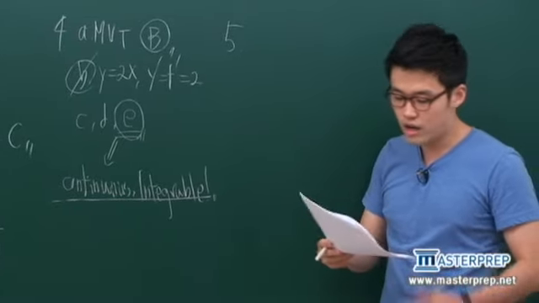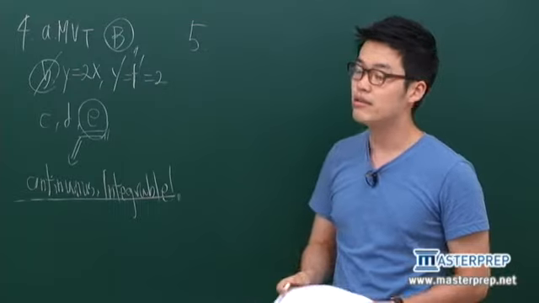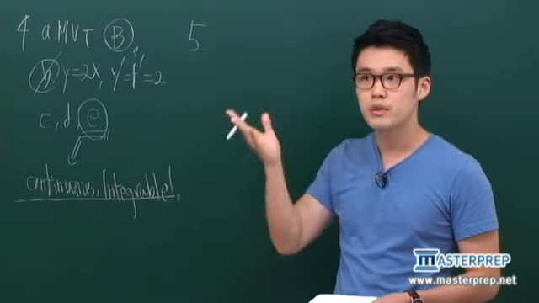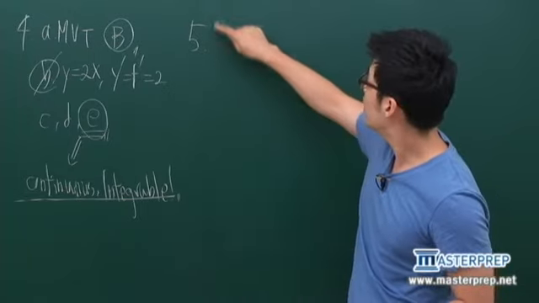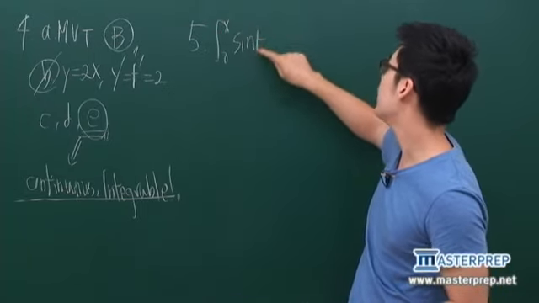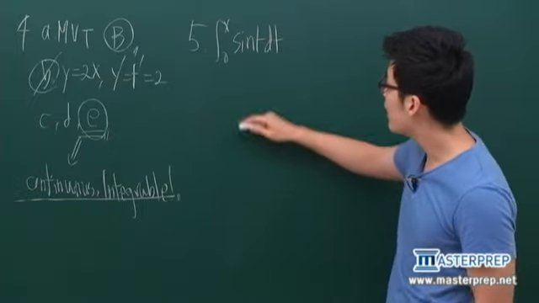All right, number 5. Number 5 asks you whether you do understand the antiderivative of a trigonometric form. So it is asking you to find the antiderivative of this, right? Well, this is usually connected to the fundamental theorem of calculus, and